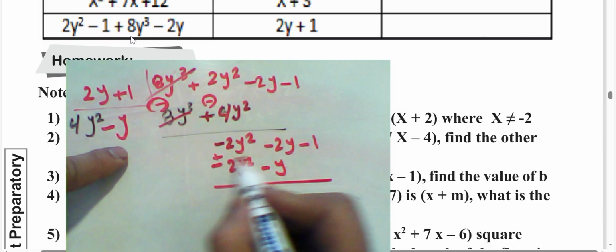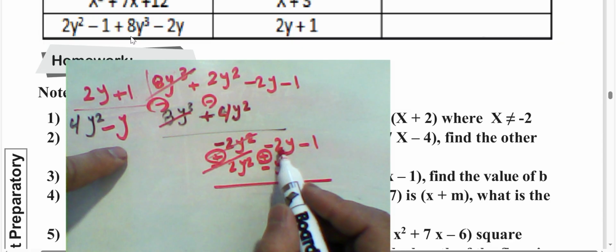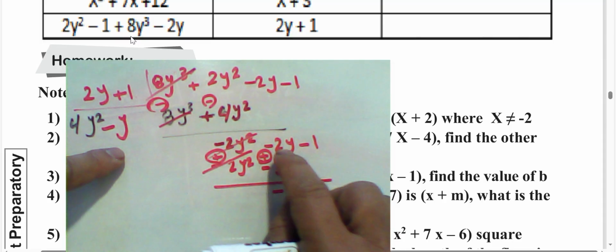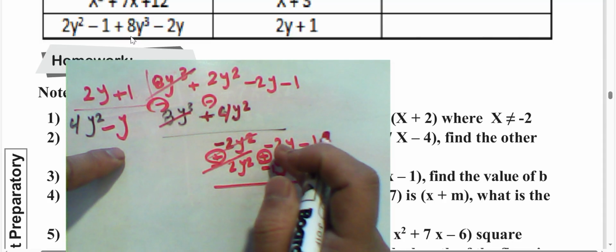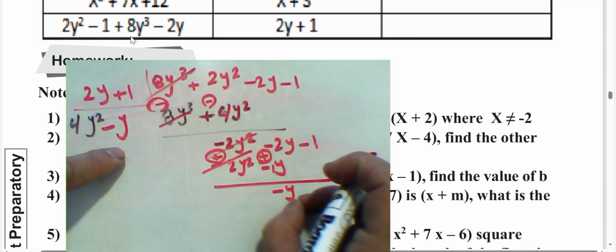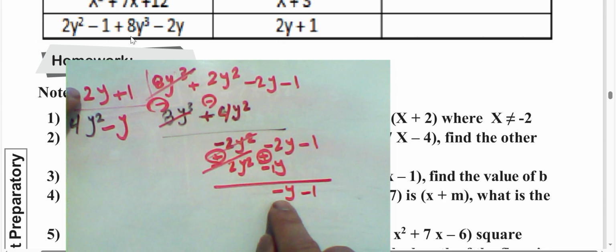Now I will find the difference, put here positive and here positive. Change the sign. Cancel, and negative 2 plus 1 will be negative 1. Negative 1y means negative y because we have negative 2 plus 1. The coefficient is negative 1 of the variable y. Then drop negative 1. Again, negative y divided by